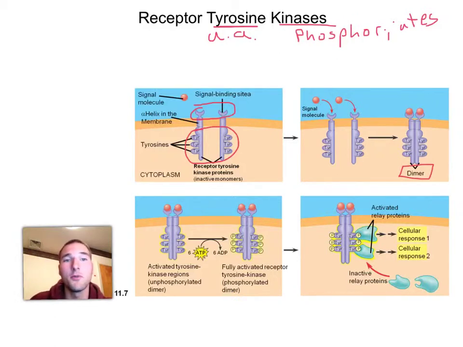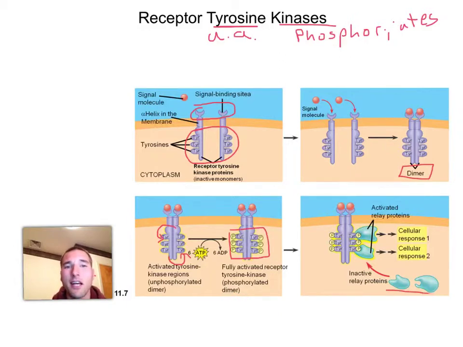So we've got these two molecules together. The one protein is going to phosphorylate the other one, and the other one's going to phosphorylate the first one. So we get to the end here where there's phosphates on all these different tyrosines. There happens to be 6 in this diagram, on each of the proteins. So we've activated this whole system, we've got it phosphorylated, and we're going to get something called relay proteins, and